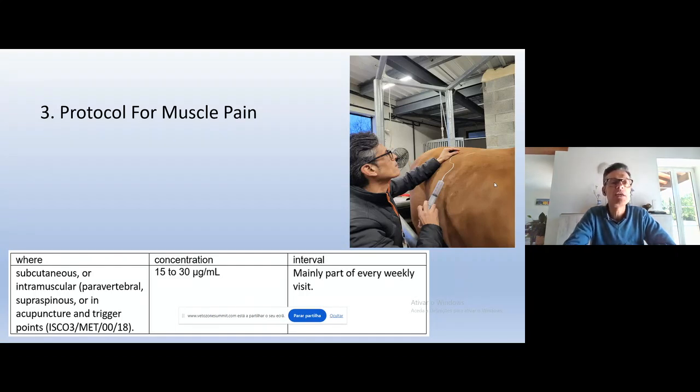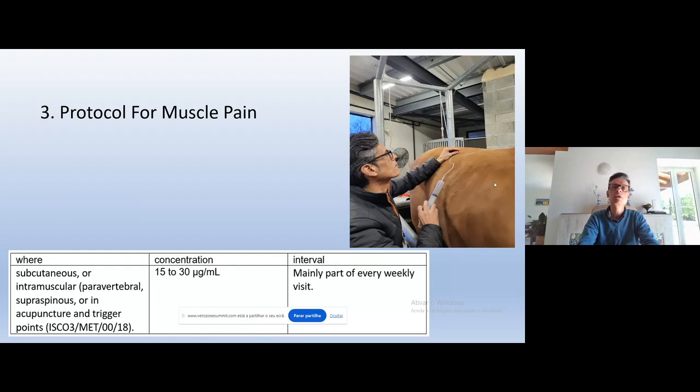I use subcutaneous, I use intramuscular, either paravertebral or supraspinous, but that depends on my echographic evaluation and where the problem resides, or even acupuncture or trigger points as defined by the ISCO protocol. The concentration is between 15 and 30, having in mind that lower concentrations are more analgesic, higher concentrations are